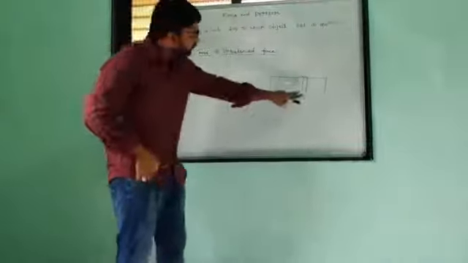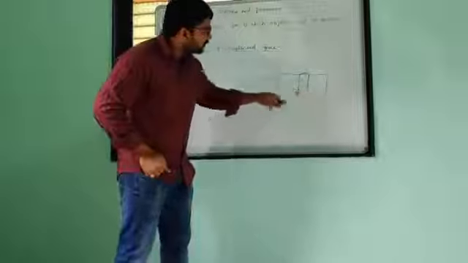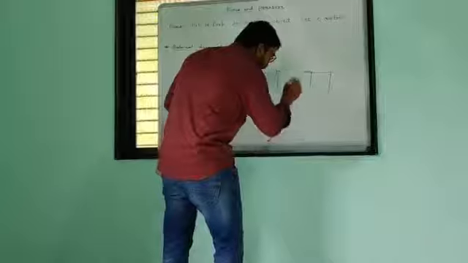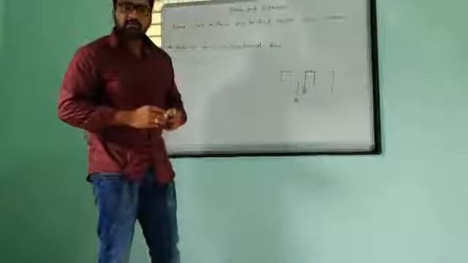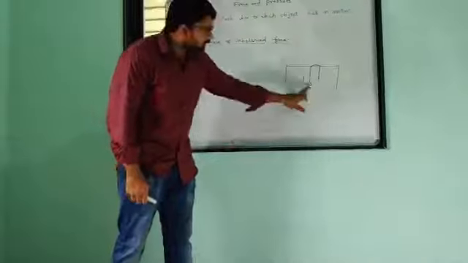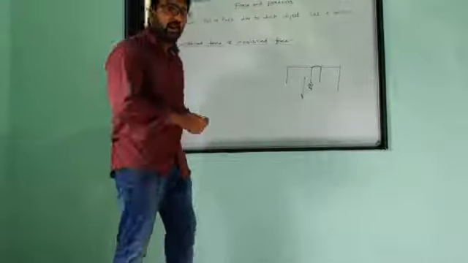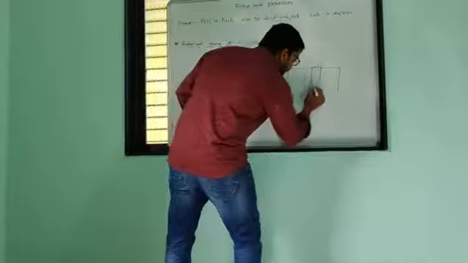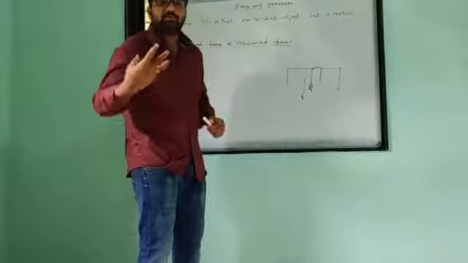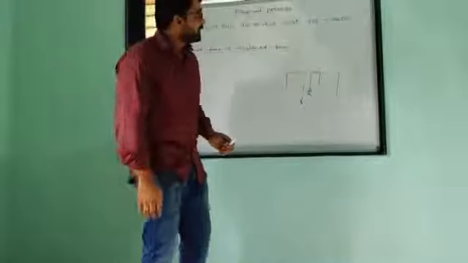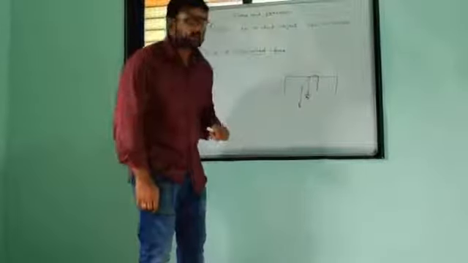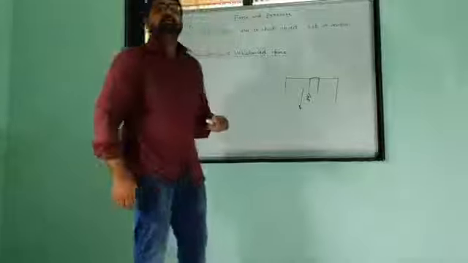If we remove this 5 kg mass from one side, then we know the string will fall on this side, simply due to the mass, gravitational force acting on this 5 kg mass. And we know gravitational force is always a downward force. It will always attract objects towards the earth's surface. So here this weight will fall toward the surface of the earth and this string will be moved here.